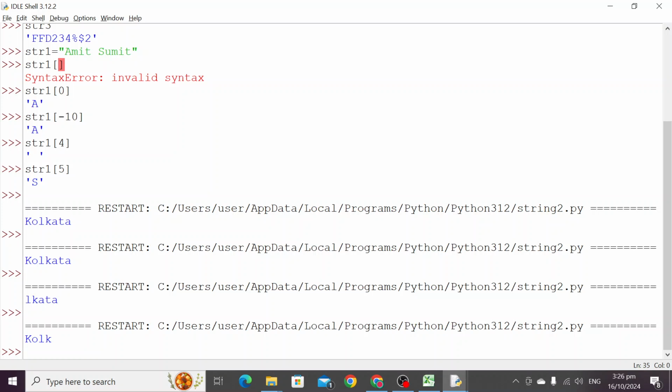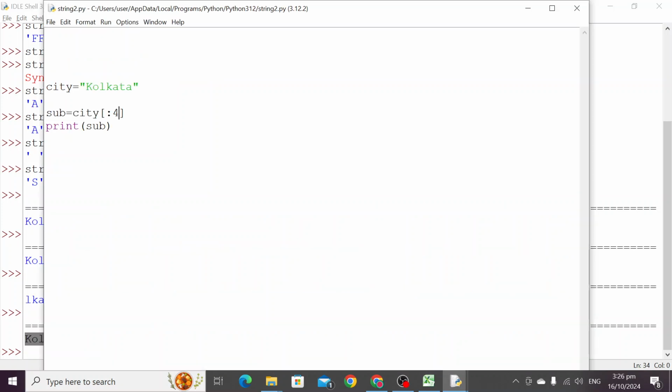So the output is Kolk, right? Because the first is omitted, it will start from the beginning till less than the last character passed here as 4. 4 is the index value and everything less than that index will be printed. And if you write 1 to 4, we'll start from O L K,